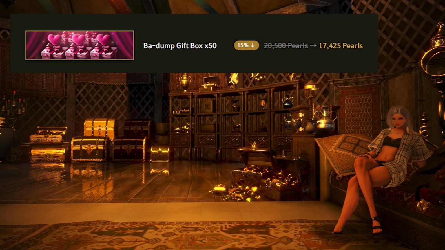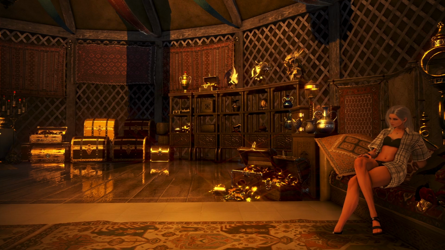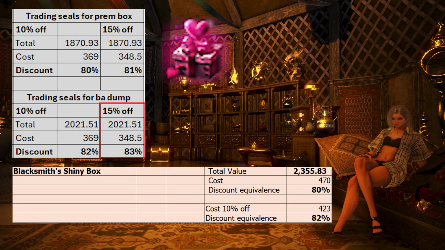If we instead use the values from the 10% off and the 15% off bundles to calculate the discount equivalences, we can see that the 15% off bundle makes the Badump gift box slightly better than even the Blacksmith shiny boxes in terms of pearl value. It has an 83% discount equivalence, which is slightly better than the 82% discount equivalence that the Blacksmith RNG boxes